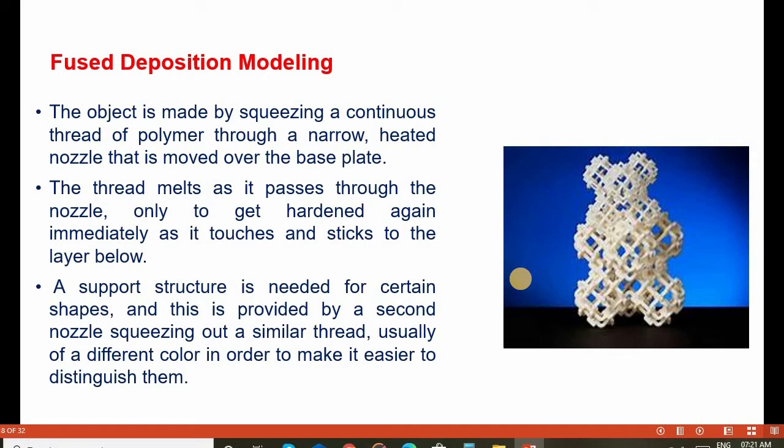So the object is produced layer by layer using polymer resins by heating the element, and we can show different colors for different layers. That's why we can differentiate the parts of the object made by fused deposition modeling.